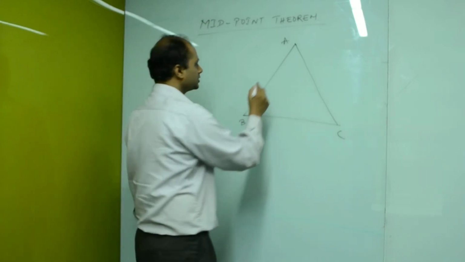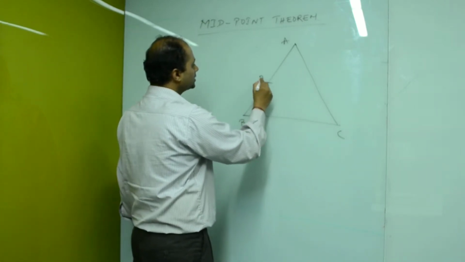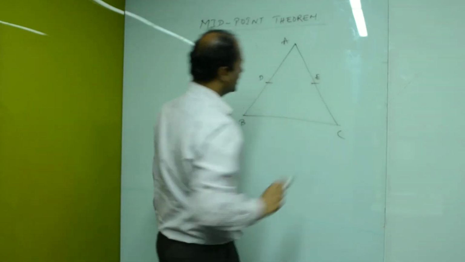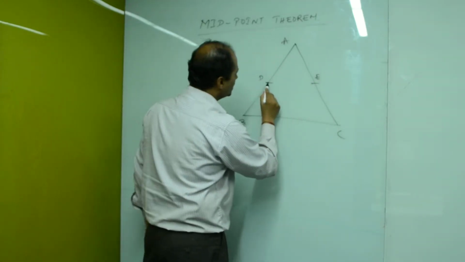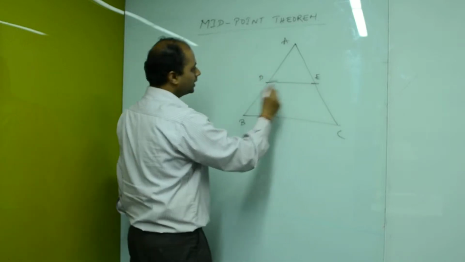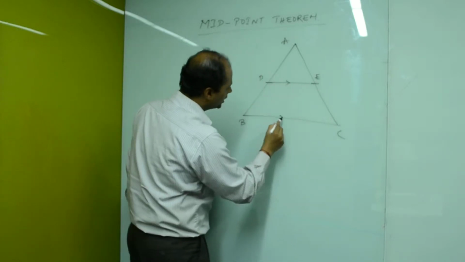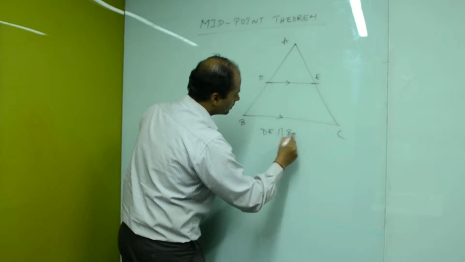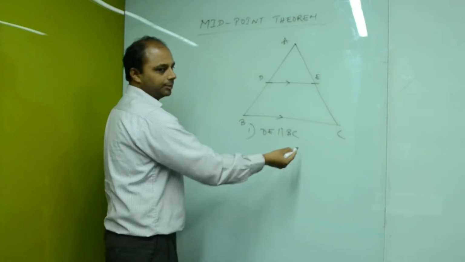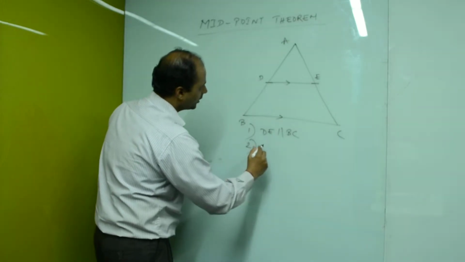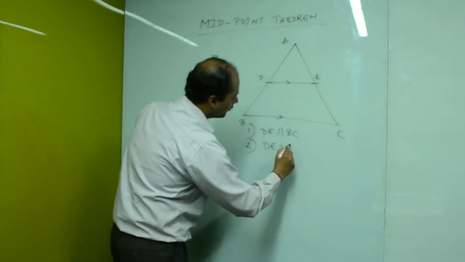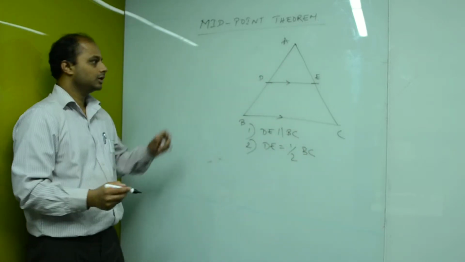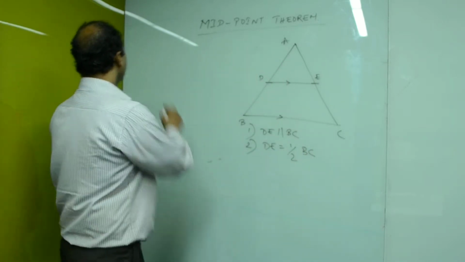The goal of the topic is that we have to prove that the line joining the midpoints of any two sides, suppose D is the midpoint of AB and E is the midpoint of AC, if I join these two midpoints, then DE is parallel to BC and equal to half of BC. The first part to be proved is DE parallel to BC, and the second part is DE is half of BC. Right, so we'll go about the proof